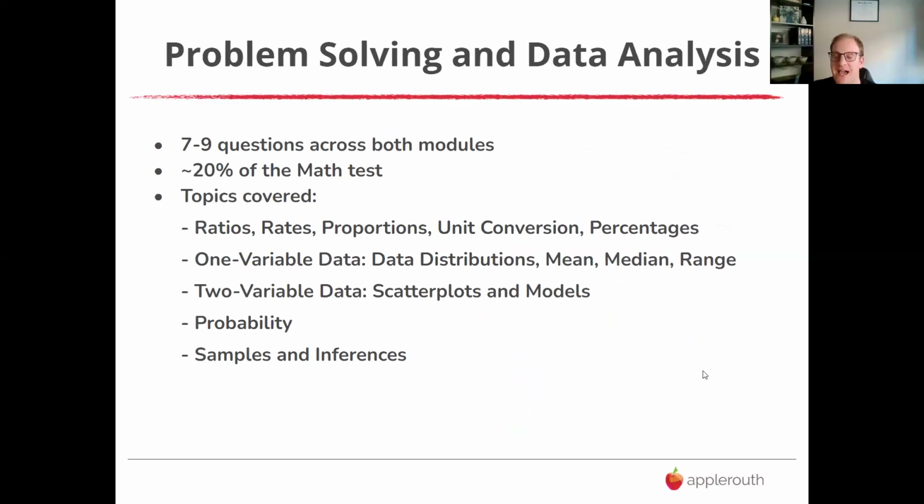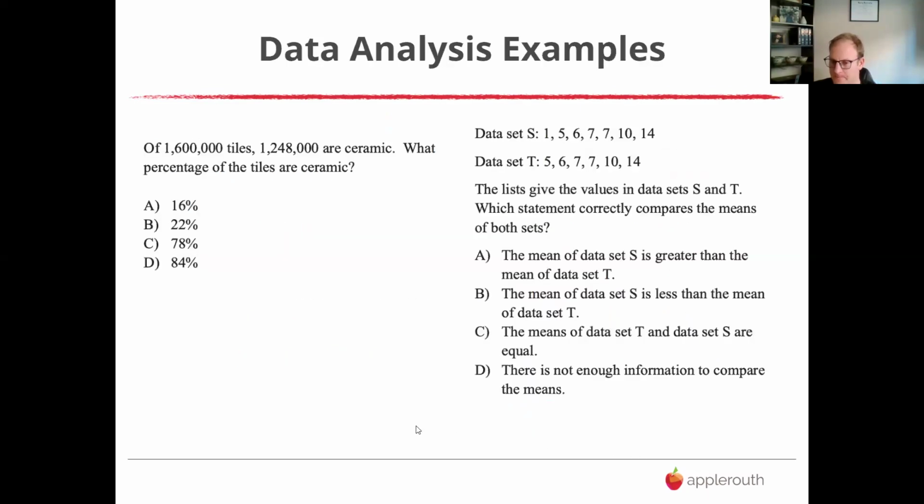Second to last category is stats. This can include mean, median, mode. It can include scatter plots, stuff like margin of error and box and whisker plots, but more commonly percentages, ratios, and probability. Here's a couple questions to look at. Just because we've got a few more I want to get to, I'll just kind of work through these together with you guys.